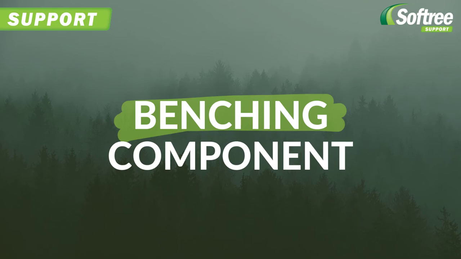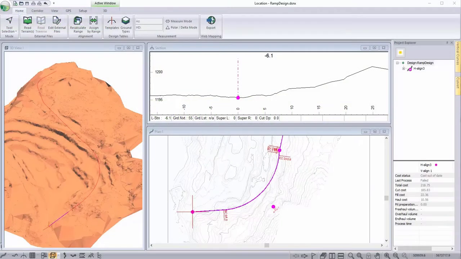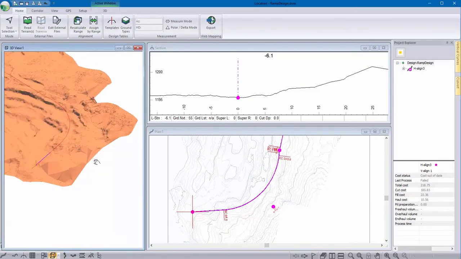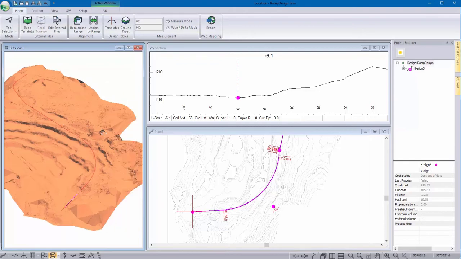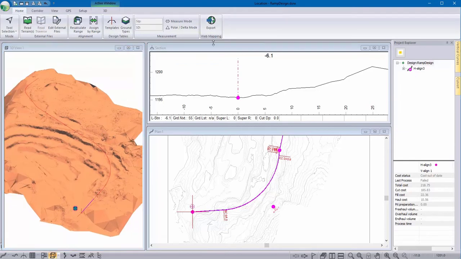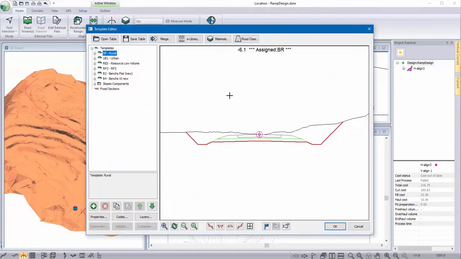This video should introduce you to some of the benching capabilities in RoadEng. So what I've got here is a pit, and I'm designing a ramp that's coming out of the pit. What I want to do is form a wall on the right hand side with benches that match my existing bench configuration. So in order to do that, I'm going to go into templates and I'm going to